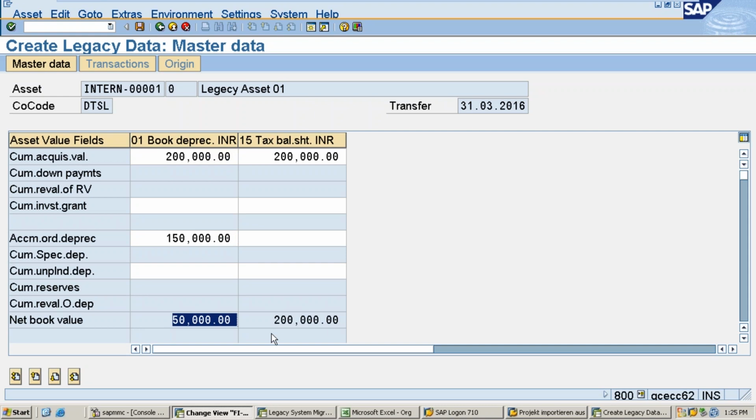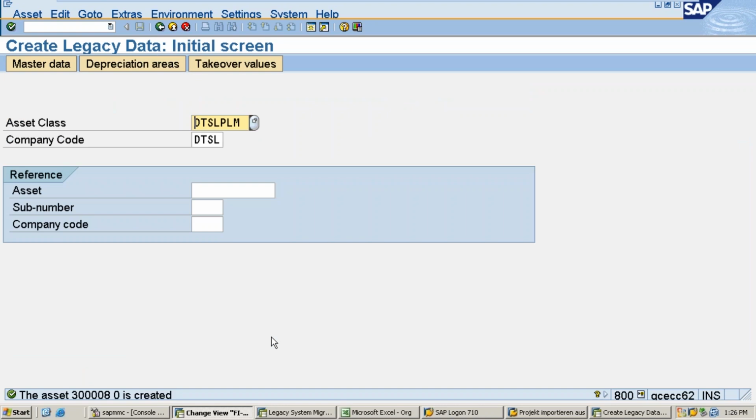When I load this data into the SAP system, I want the APC value from 10 years back, and I want the depreciation value posted so far, and I need the net book value. These three things need to be brought into the SAP system and saved like this. This is manual. Like these, I have thousands of records. Then what to do? Then go for LSW.